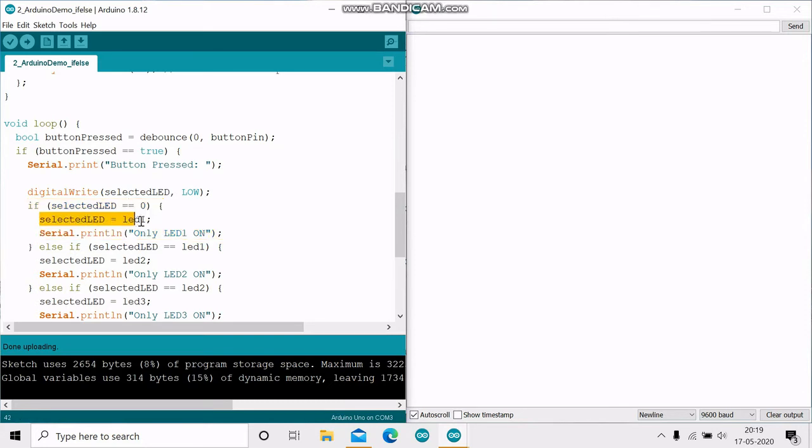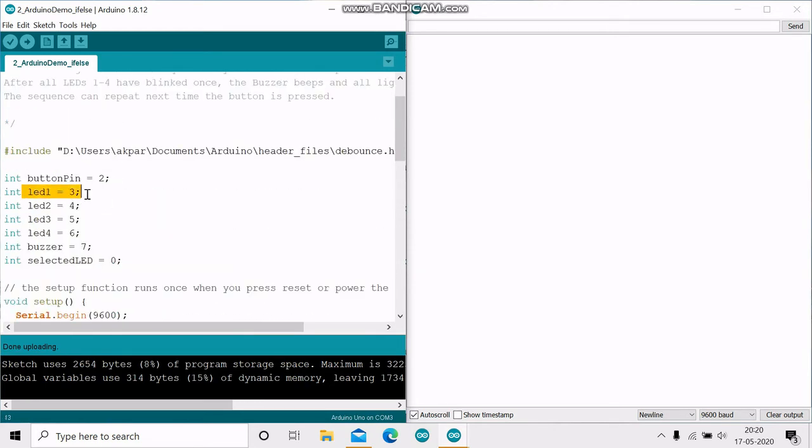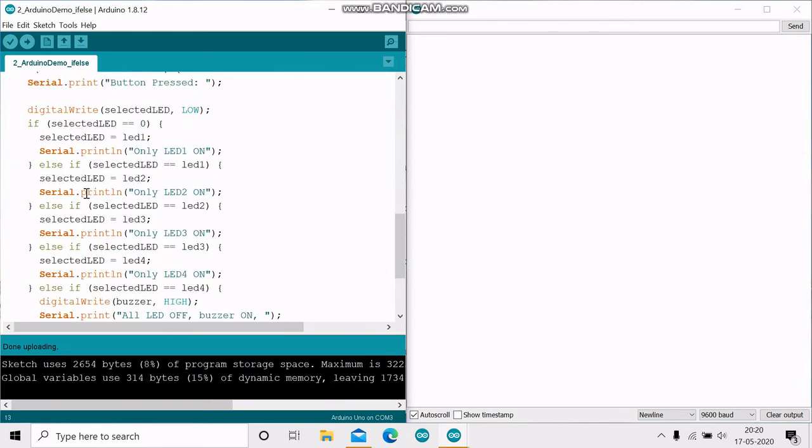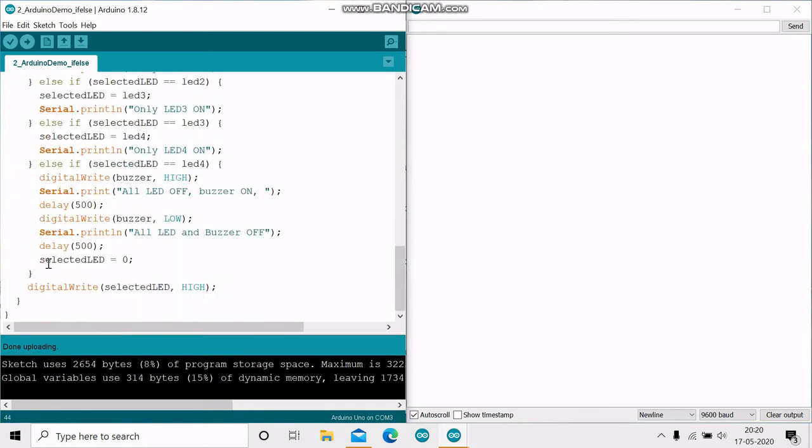I change the selected LED variable to the integer value of LED 1, which is related to digital pin 3. And then I print out to the serial monitor. I get out of this if block, and while exiting I do a digital write to the LED 1 pin of high, and so it turns on my LED.